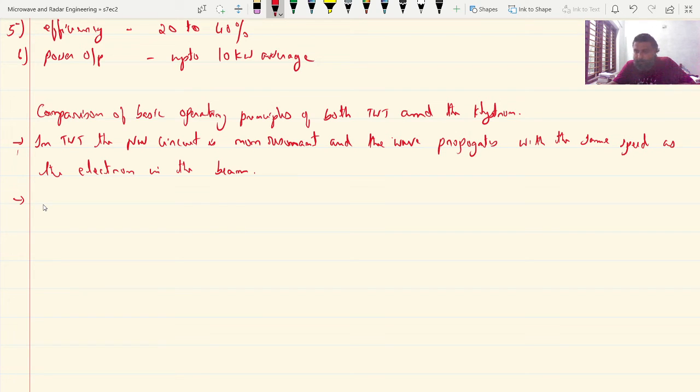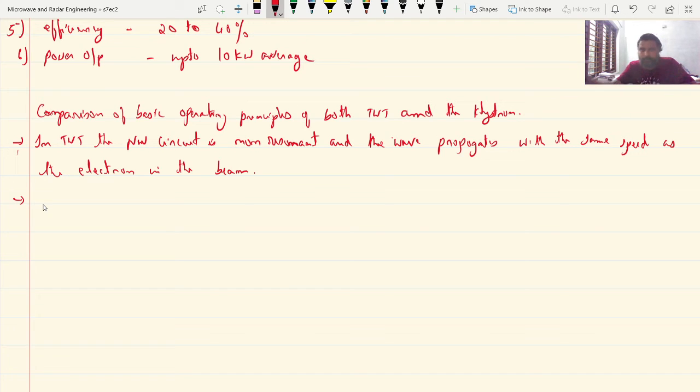Next point is the initial effect on the beam is nothing but a small amount of velocity modulation that is being caused by the weak electric field that is associated with the traveling wave. Just as in klystron, what is happening in the klystron? This velocity modulation is later translated to current modulation, which then induces an RF current in the circuit, causing amplification. That is happening in case of two cavity klystron amplifier.